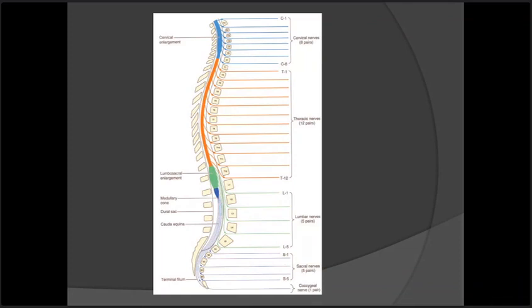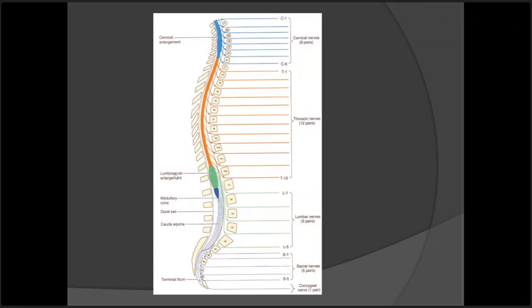Spinal cord is a tubular extension of the central nervous system. As you see in this diagram, it is contained within a bony spinal canal, the vertebral canal. It originates from the medulla oblongata, the caudal part of the brainstem, and continues caudally to the